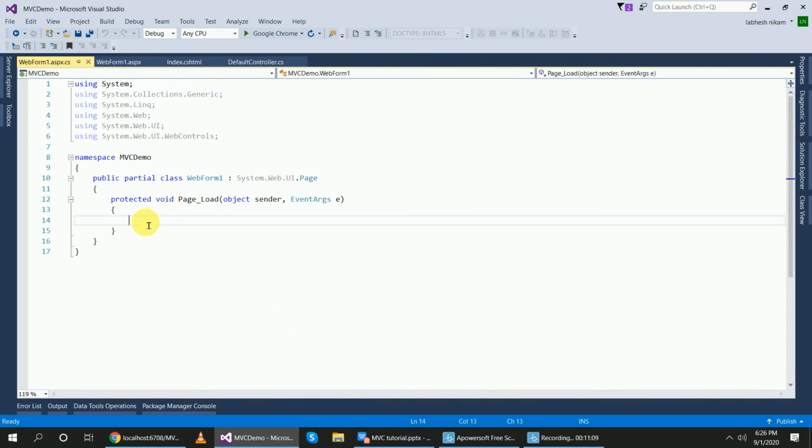What you will write: Response.Write, welcome to web form 1.